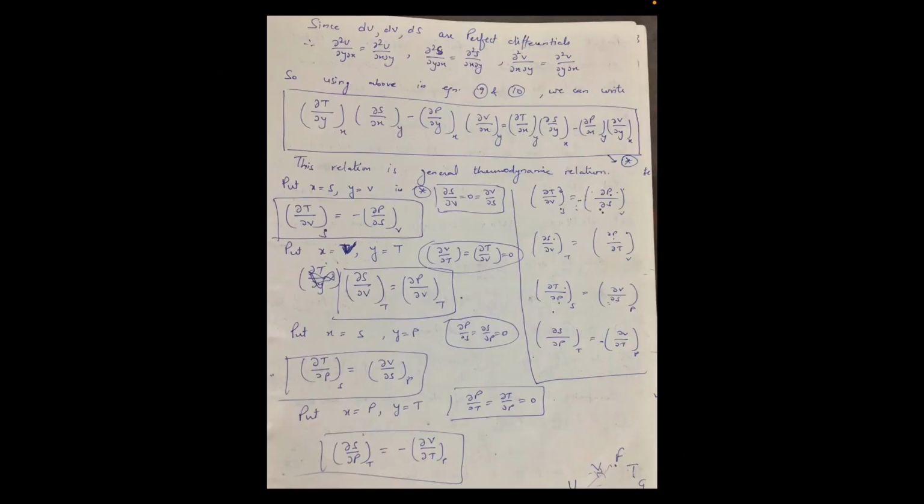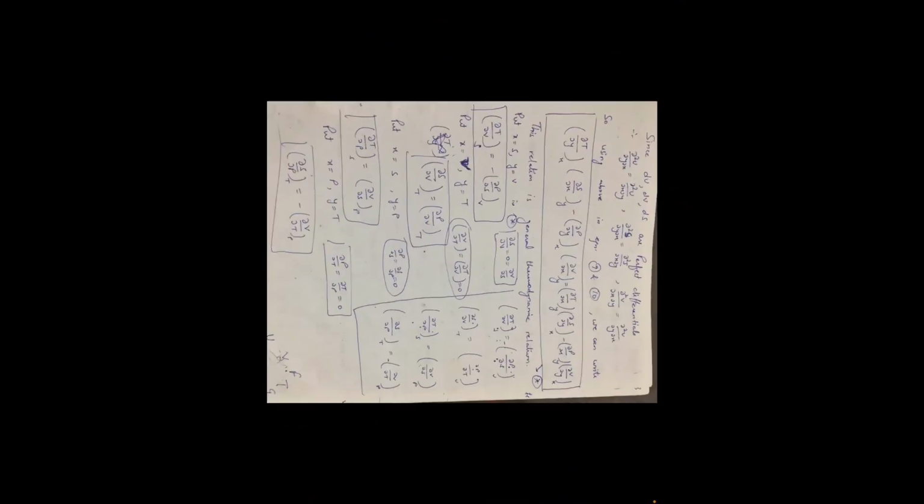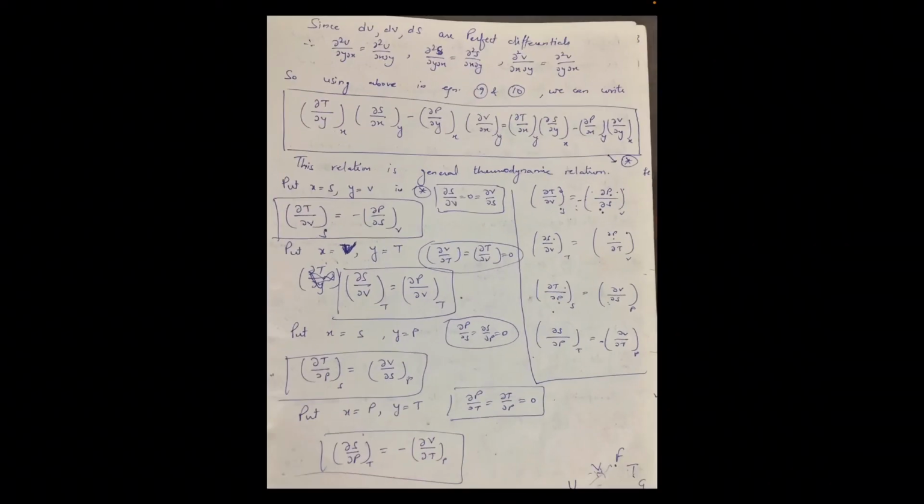Since du, dv and ds are perfect differentials, ∂²u/∂y∂x must be equal to ∂²u/∂x∂y. Similarly, ∂²s/∂y∂x is equal to ∂²s/∂x∂y. ∂²v/∂x∂y should be equal to ∂²v/∂y∂x. So using the above relations in equations 9 and 10, we can write